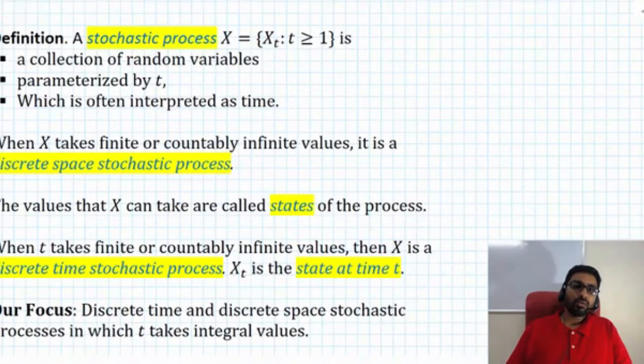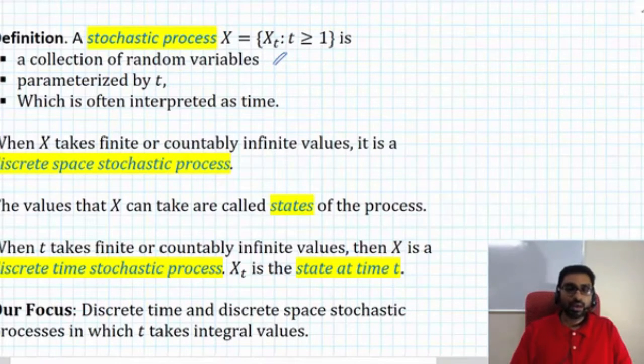So let's start by defining a stochastic process. It's nothing but a collection of random variables, and these random variables are parameterized by this parameter t, and the most useful way to interpret this parameter t is time. So this variable can therefore be thought of as the way a random variable changes over time. And if this random variable x takes a finite or countably infinite number of values, then it's called a discrete space